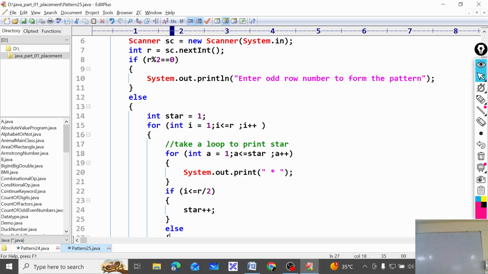If the number of rows is even, the pattern cannot be formed. That is the reason we are going to go for odd.